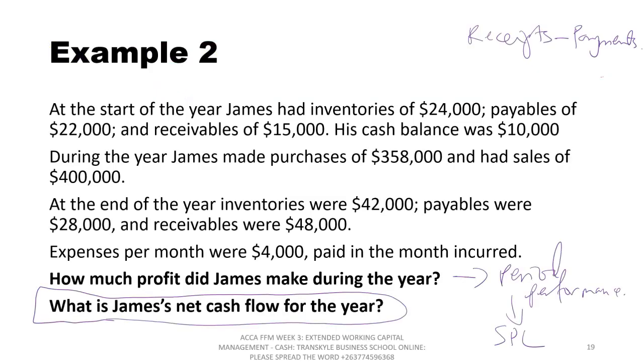The sales from the question, how much were the sales? So from paragraph 1, we do not have information for the sales, but information for sales and purchases are found in this paragraph, where the sales were 400,000 and the purchases were 358,000. So sales